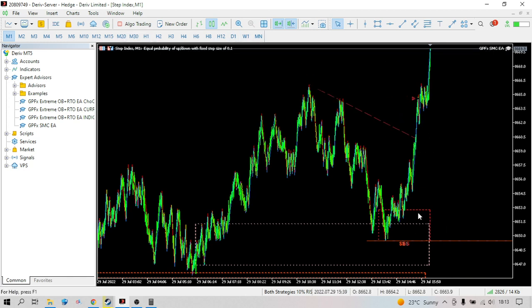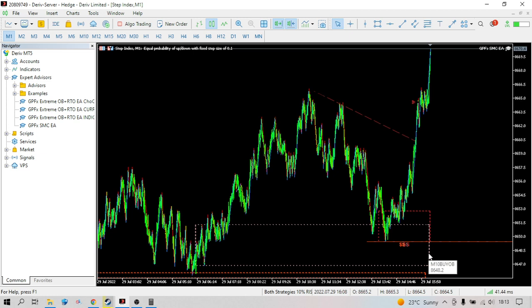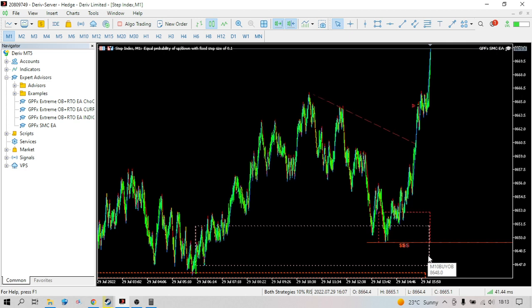It's the SMC order blocks. You will see them with lowercase text labels. You see M12 by OB, the buy, lowercase. But the ICT liquidity runs, you'll see them with M10 BUY, uppercase. That one shows what this one is. The ICT is an ICT liquidity run setup where there will be